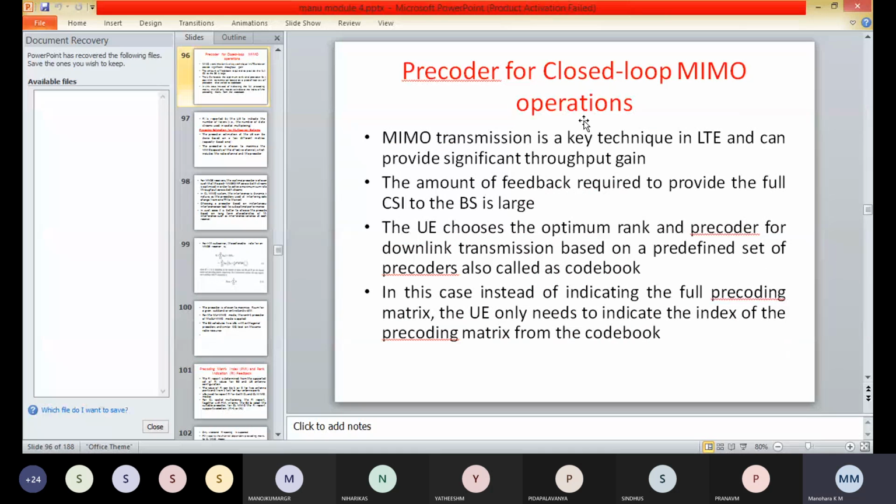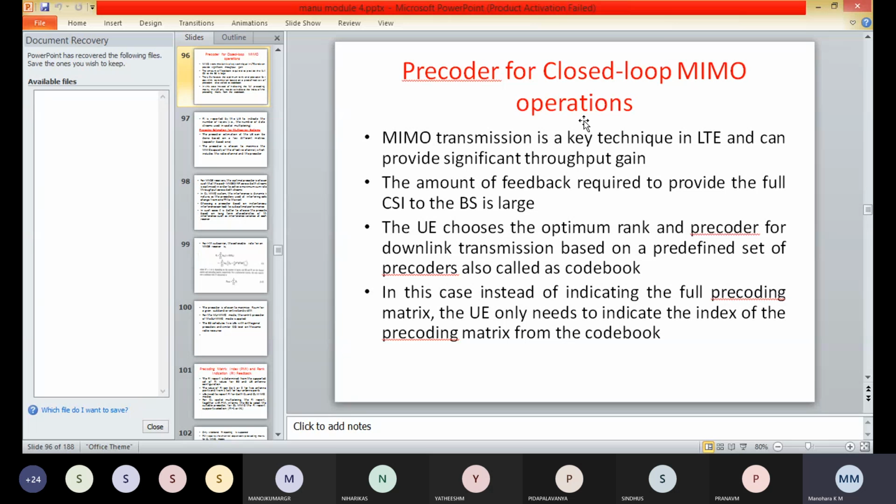So next we have a precoder for the closed loop MIMO operations. Here the precoder estimation at the user equipment can be done based on a few different metrics.